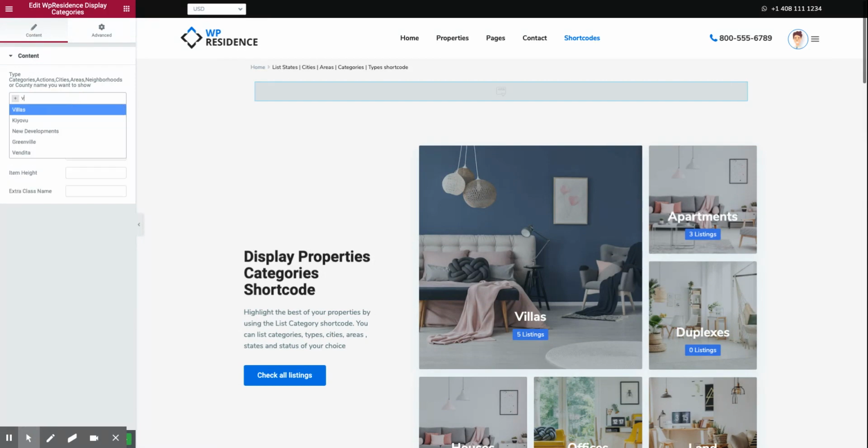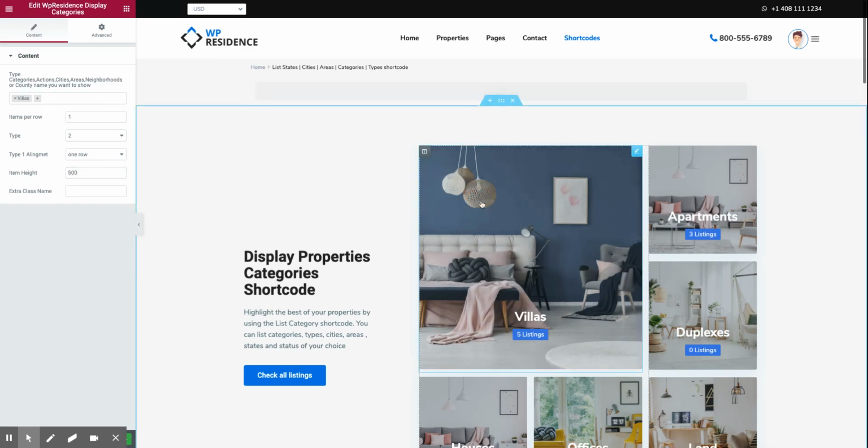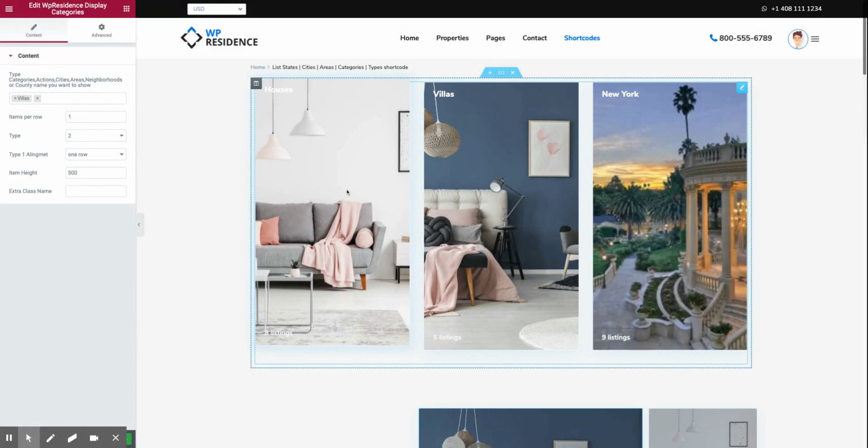You select which categories you wish. And if you don't see your category here, just make sure you cleared the cache before you start editing the page. And then how many items per row, which design, what kind of alignment, one row or multiple rows, and then the height of the shortcode. And voila! Here you have your image, your categories, and then you can start using the shortcode in as many